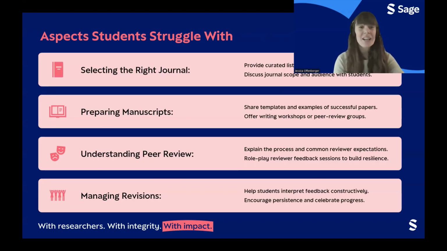Next slide, please. So just to elaborate, some of the aspects students specifically struggle with include selecting the right journal, preparing manuscripts, understanding peer review and what that process looks like, and managing revisions. So you as a faculty member can provide a curated list of reputable journals and discuss journal scope and audience